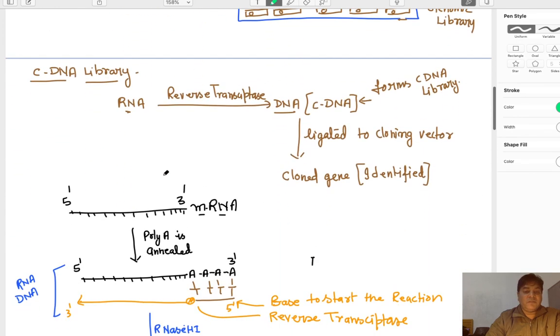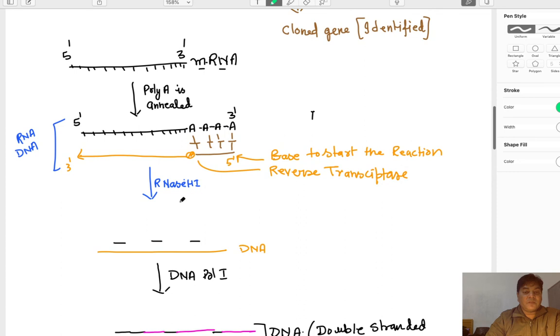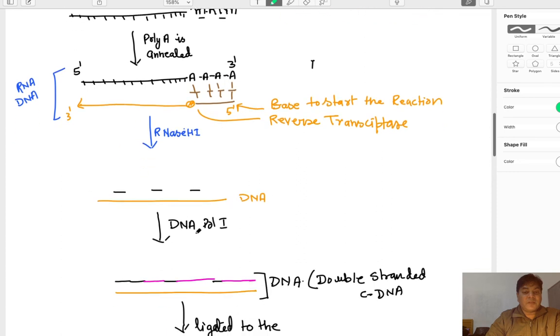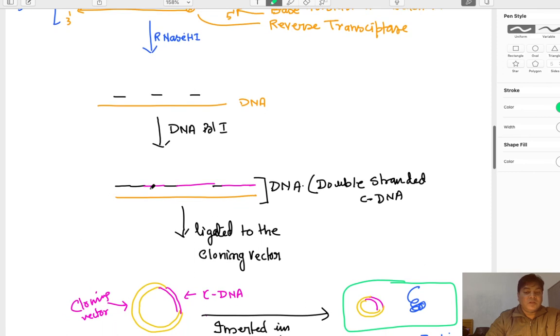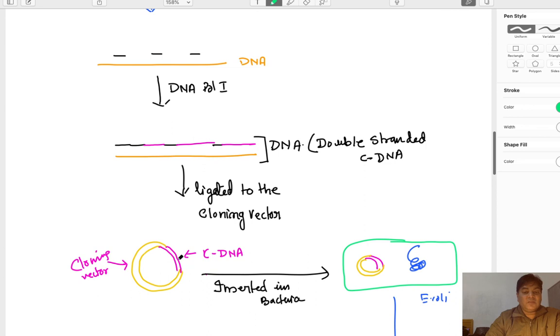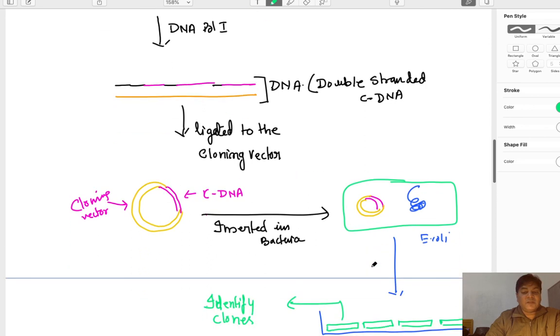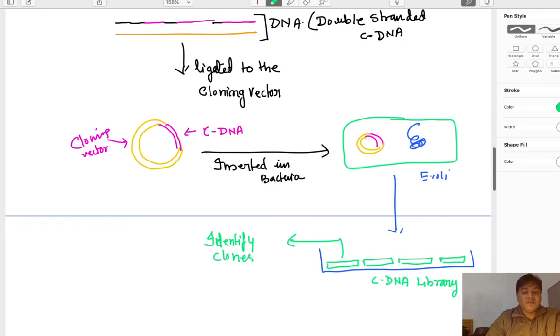In the same way, if we are supposed to develop a cDNA library, then we have to take only the mRNA, not the whole DNA. We have to isolate the mRNAs at different timings, and then these mRNAs are converted into DNA by using the reverse transcriptase enzyme and the DNA polymerase. First we have to develop the cDNA. So the cDNA is a DNA which is developed from RNA. The cDNA is ligated into the cloning vector. The cloning vector is inserted into the E. coli bacteria, and the bacteria is cultured. Now this culture plate will have the cDNA library inside it, a collection of the cDNAs. Like this we can repeat it for other mRNAs also, with cDNA developed from different mRNAs.